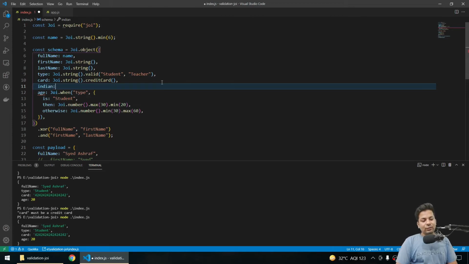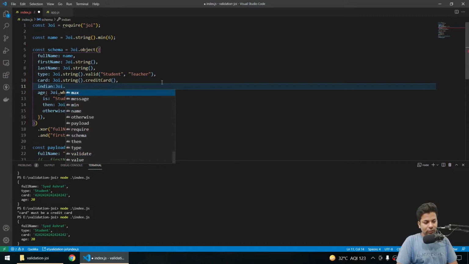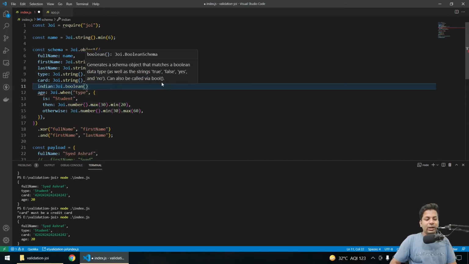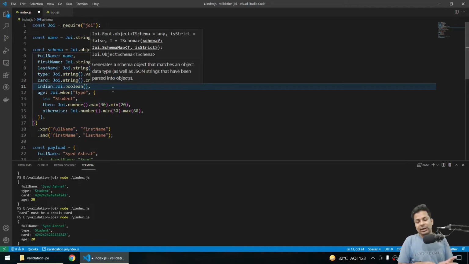So it will have two values, Joi.boolean. Either you send a true or you send a false, nothing else you can send. Either you are an Indian, or you are not an Indian.